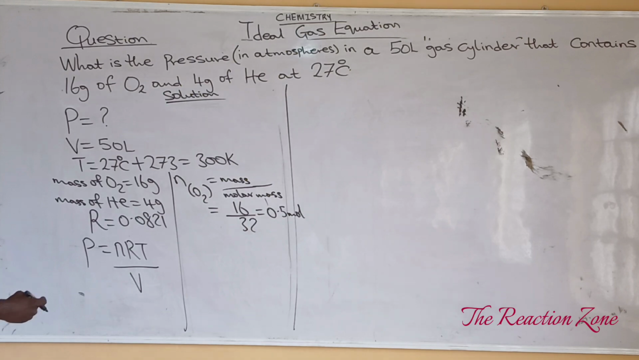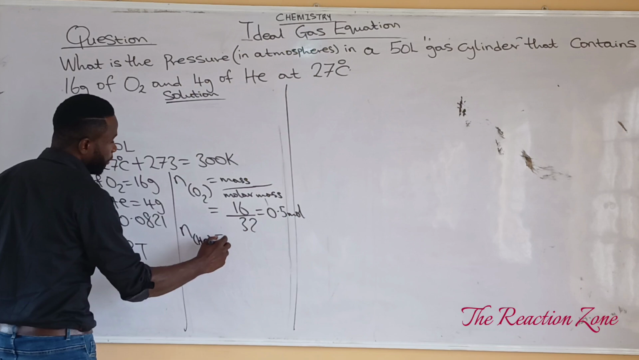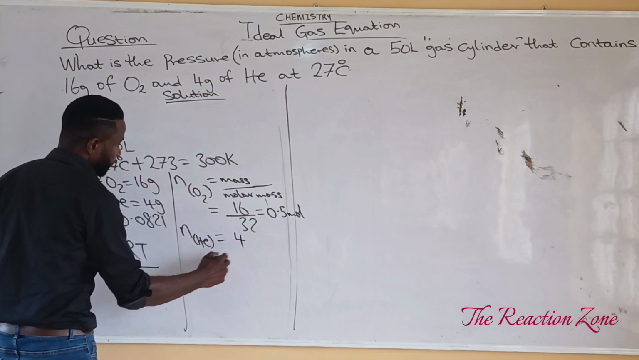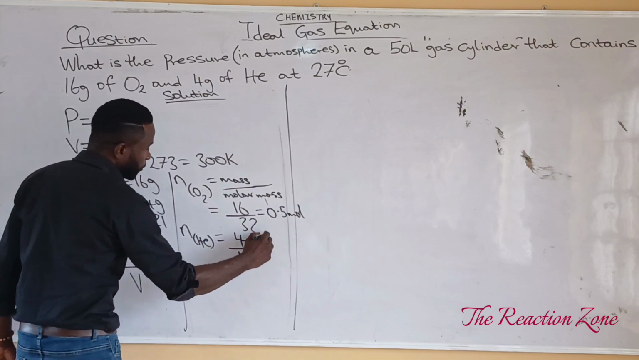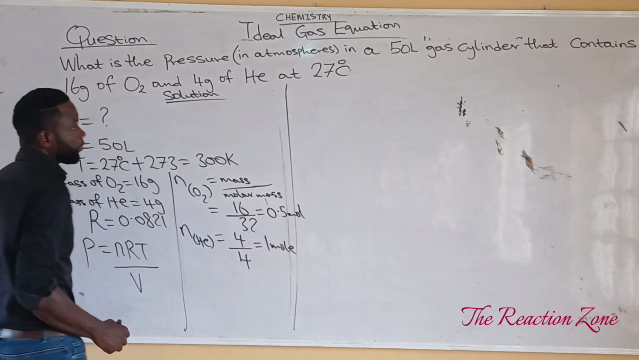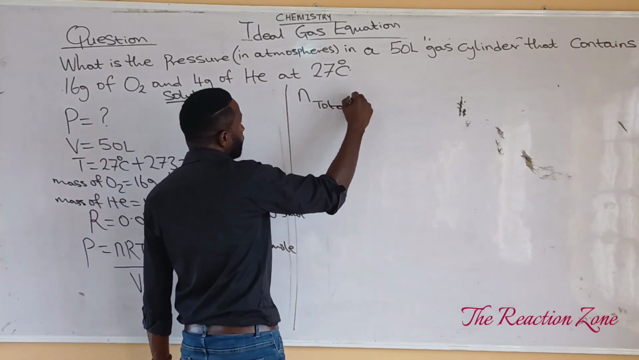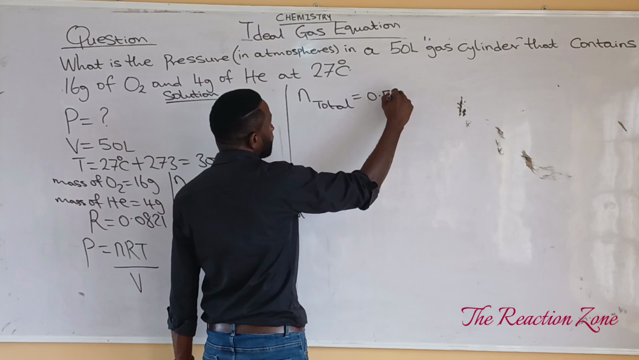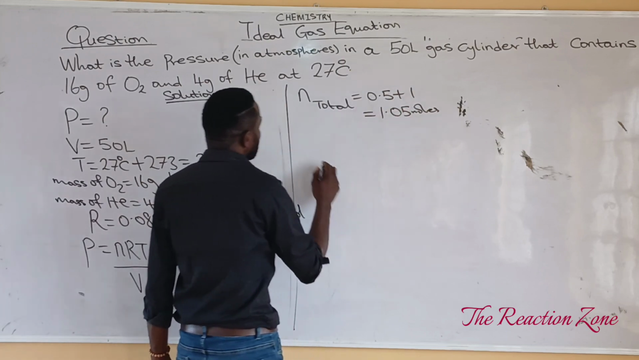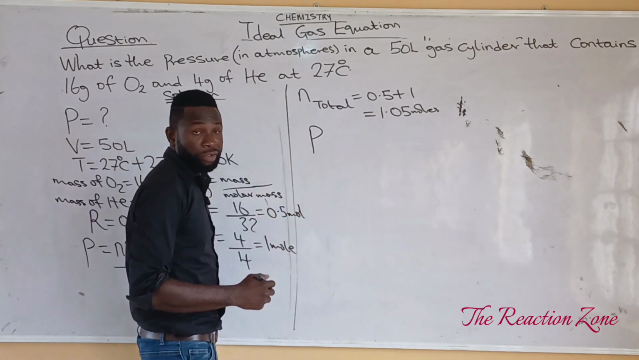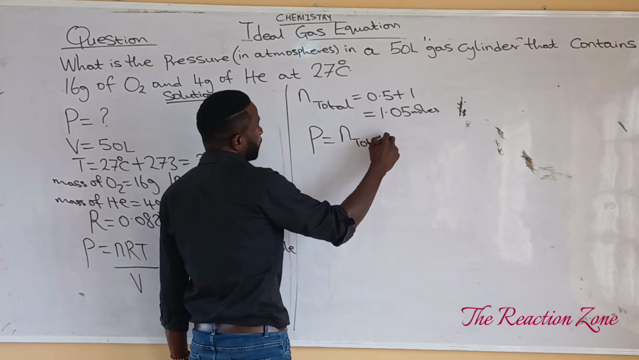The next thing is to find the number of moles of helium. The mass of helium given is 4. The molar mass of helium is also 4. So 4 divided by 4 gives us 1 mole. What this means is that the total number of moles, N total, will now be equal to 0.5 plus 1, which is 1.5 moles. So the value of pressure that we're looking for will now become